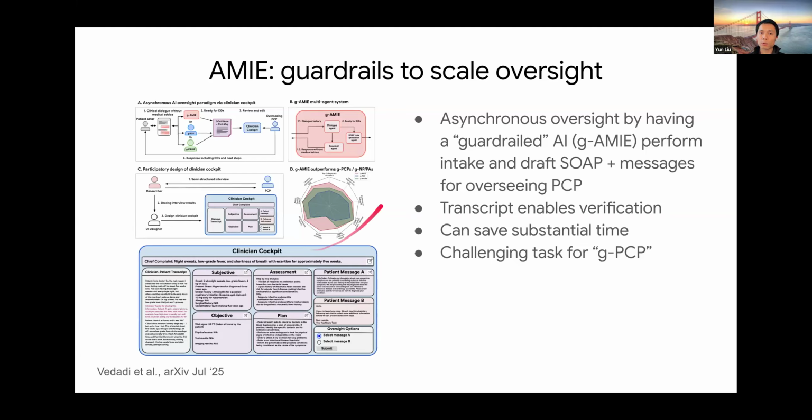This paradigm is what we call the guardrail system, where in the initial phase there's the AI information extraction, and then there is physician oversight over the plan that the AI has before that goes back to the patient. That's what we outlined in this particular study. And we did some work to see if the AI will perform similarly to primary care providers or nurse practitioners who are asked to do the same kind of task, essentially acting as a guardrailed agent.